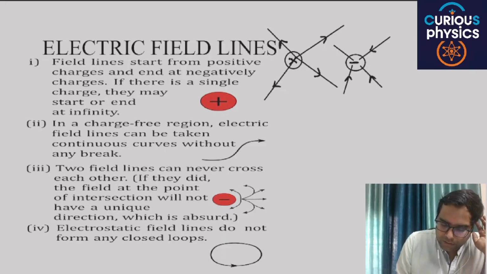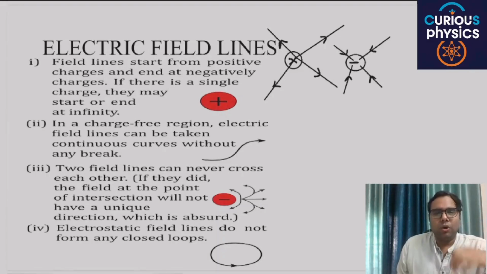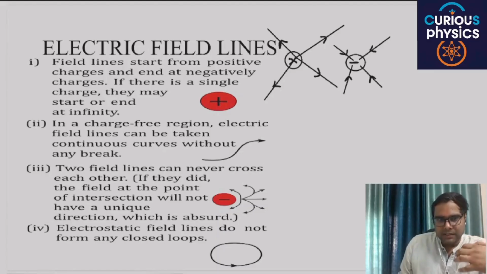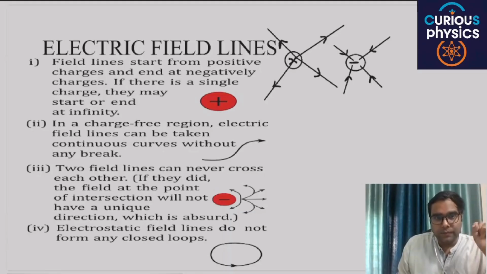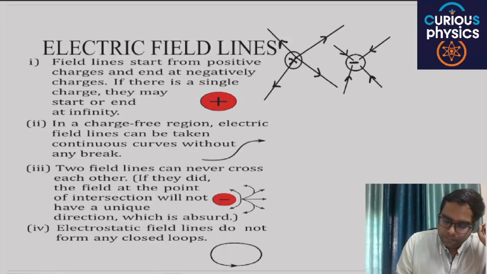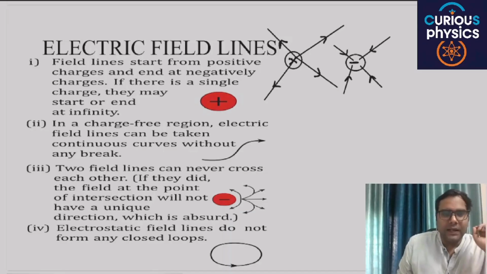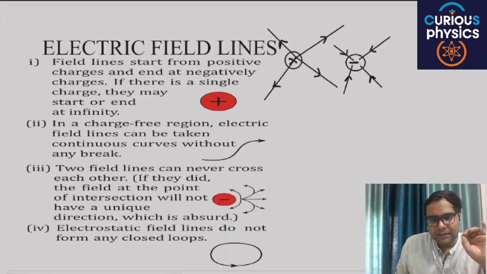One more thing. Electric field lines are also known as electric lines of force, because here the direction of electric field and direction of electric force will be the same. In case of a positive charge, the force will be a force of repulsion. In some books, electric field lines are also known as electric lines of force. Why lines of force? Because the direction of the net electric field and the direction of the net electric force is the same. That's why electric lines of force.